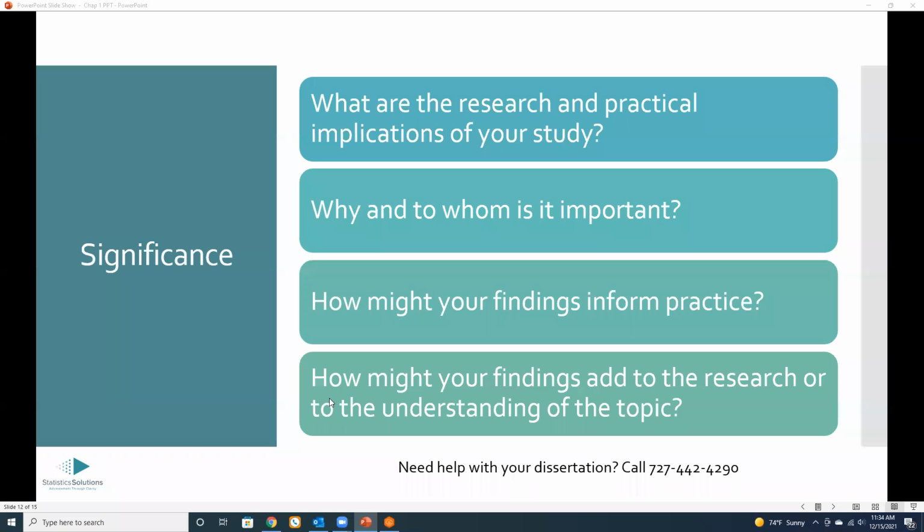So for practical implications, it's just like it sounds. How might folks at the level of practice in whatever area you're studying, on whatever topic, how could your findings inform what they do? And again, this is forward-looking. In chapter 5, when you actually get your results, you're going to talk about practical implications based on what you actually found. Right now, this is forward-looking, like how your findings might inform and who they might inform at the